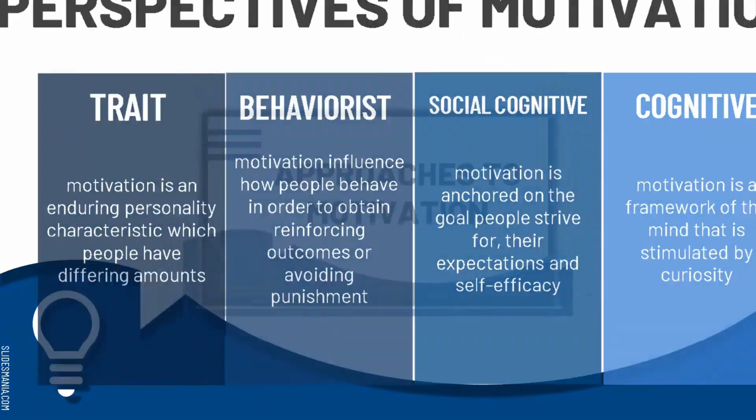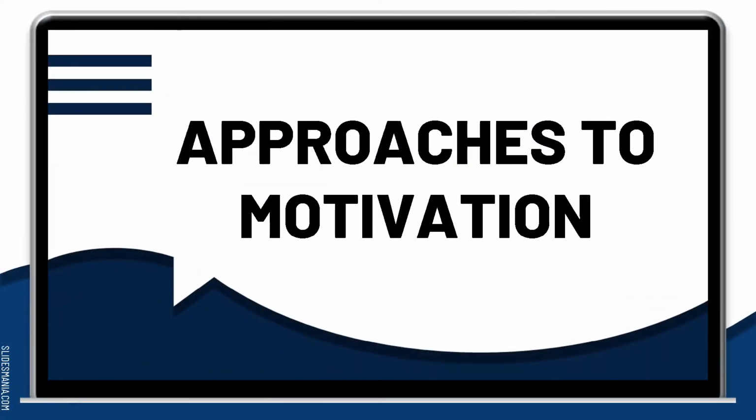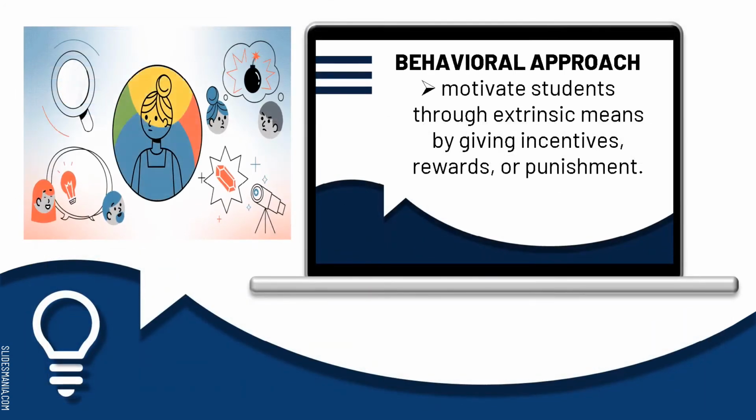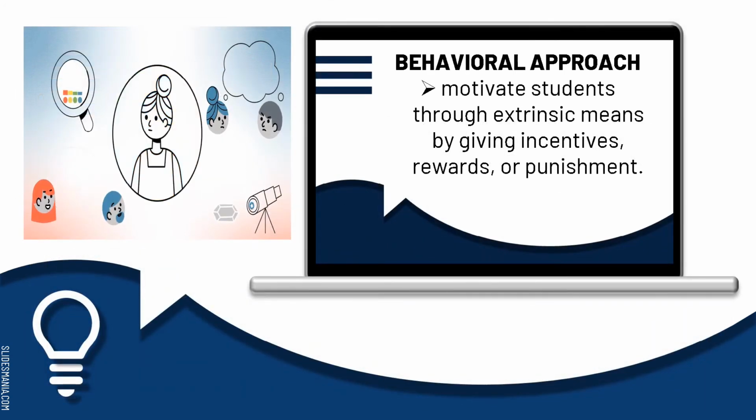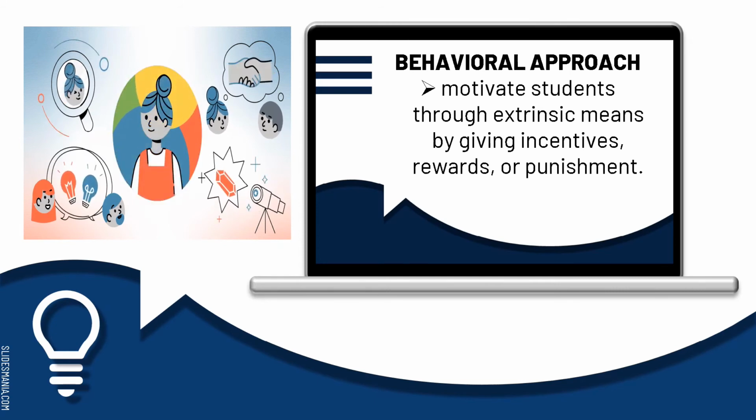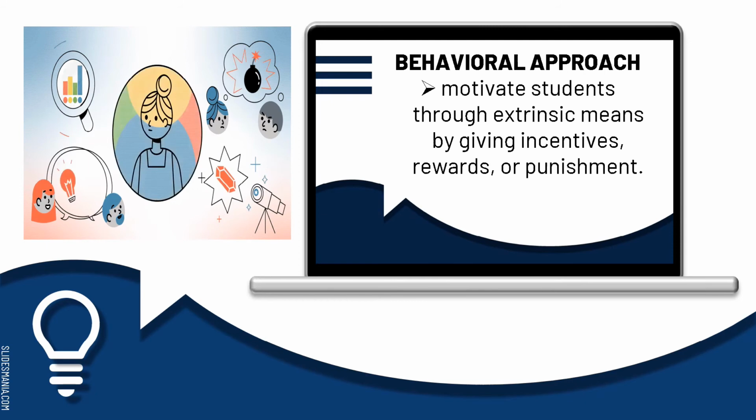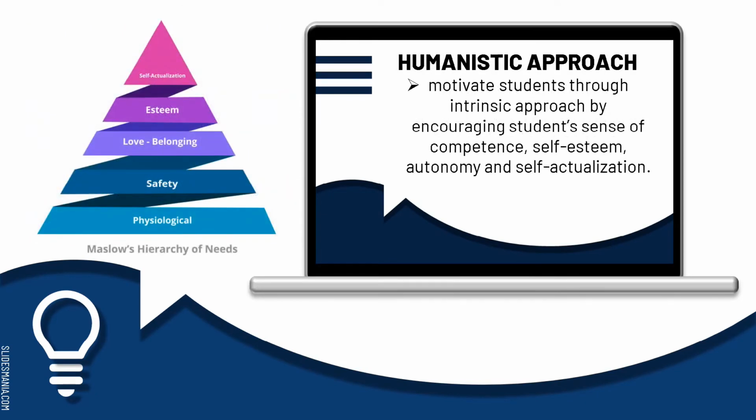After the perspectives, here are the approaches to motivation. Motivation is a vast and complicated subject encompassing many theories. Some theories were developed through work with animals in laboratories. Others are based on research with humans in situations using games and puzzles. And number 1 approach is behavioral approach. It motivates students through extrinsic means by giving incentives, rewards, or punishment. And the humanistic approach is number 2, that motivates students through intrinsic approach by encouraging students' sense of competence, self-esteem,